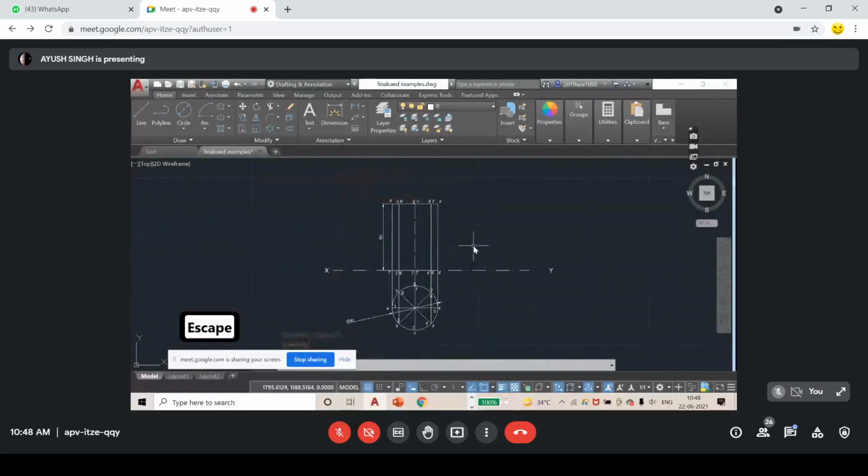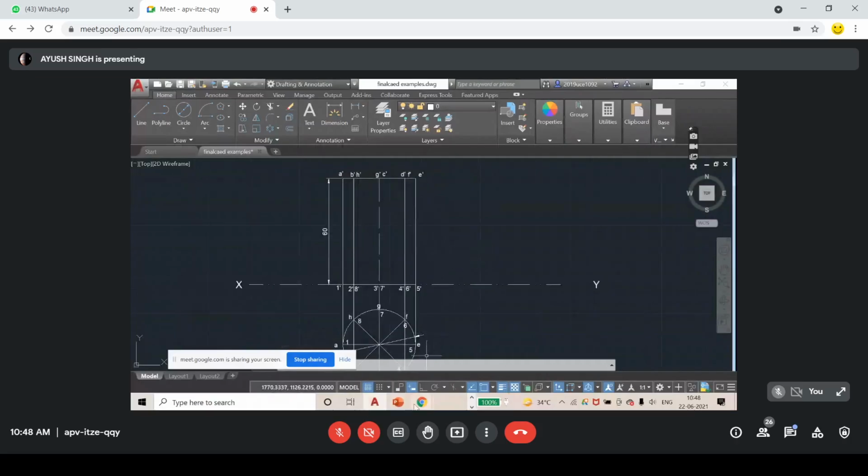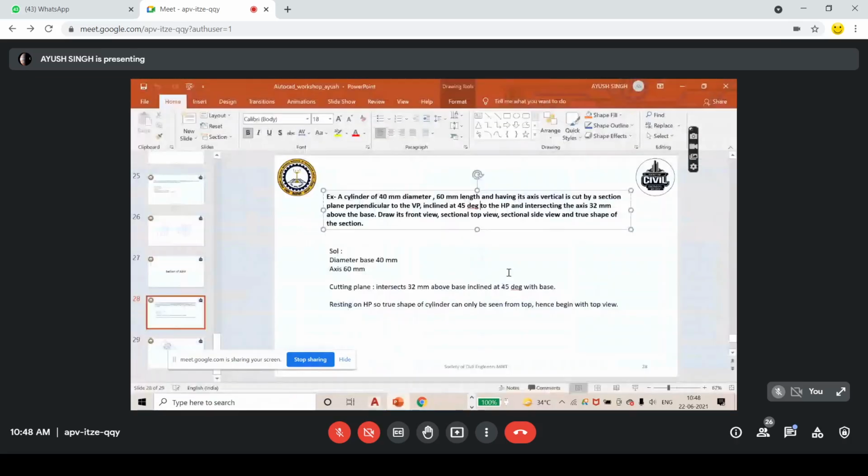Now the question is, we are done with the front view and top view. Now there is a section plane that is perpendicular to VP. It is inclined at 45 degree to HP and intersecting the axis at 32 mm above the base. So this will be 32 mm above the base and at an angle of 45 degree with the HP.